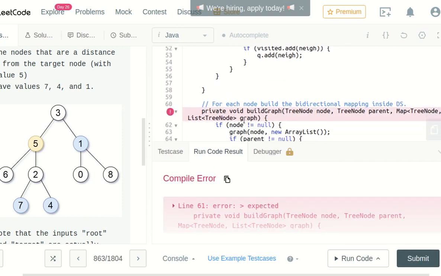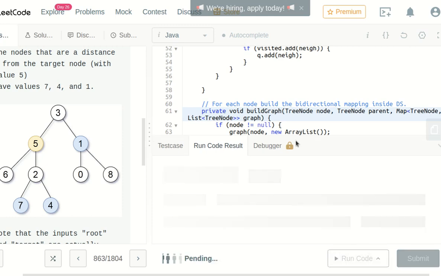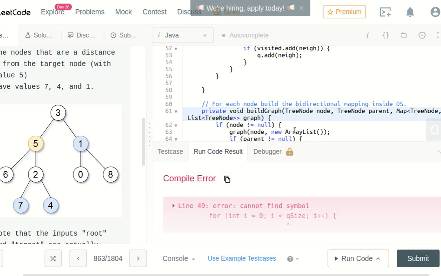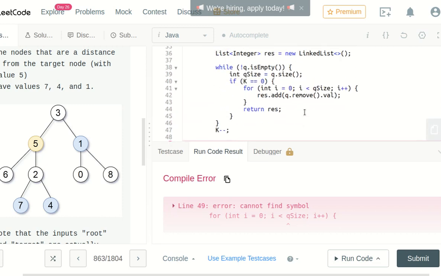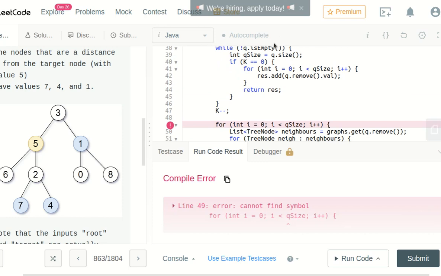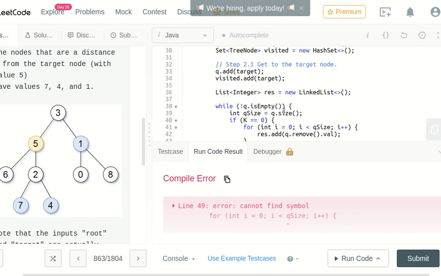What's the problem? Private void build graph, we get all the parameters. Yes, I think also here we are missing this again. Cannot find symbol queue size. What is the queue size? Because it's here. So the queue size,